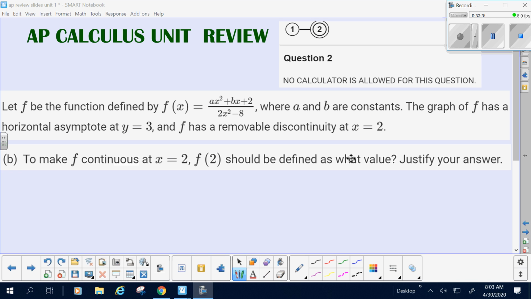All right, so continuing on with this free response that you took a couple weeks ago from Unit 1. It was the second free response. The question is, how do you make this continuous? Now, we know that f of x is 6x squared plus 13x plus 2 over 2x squared minus 8, which is,